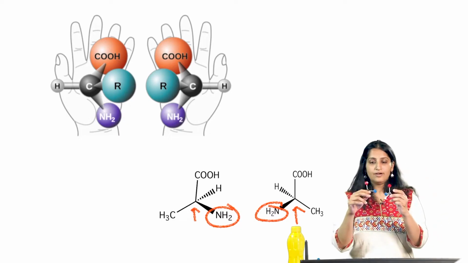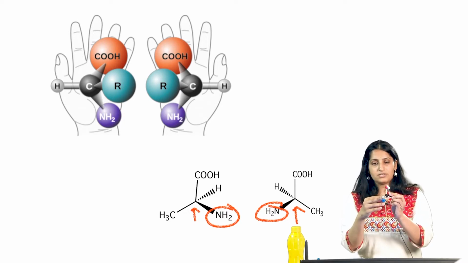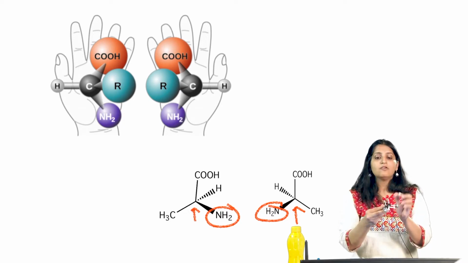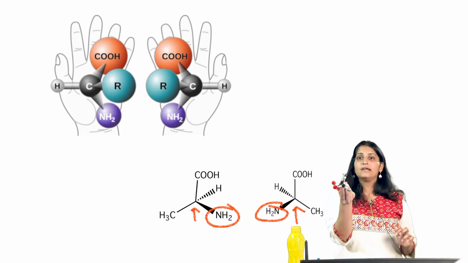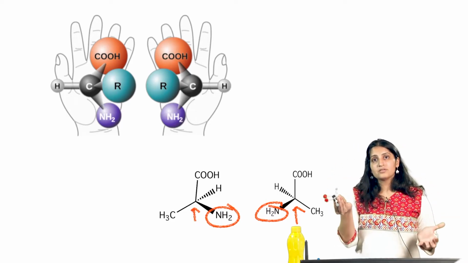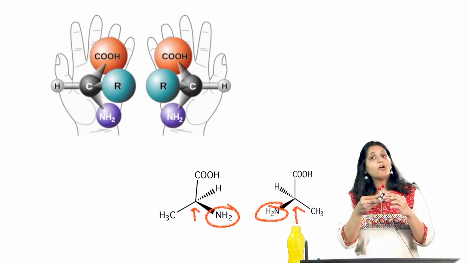On the other hand, if I try to overlap the blue or the red, the white and the green will not match. So, if I have a chiral center, or a pair of enantiomers really, I cannot superimpose them such that all 4 groups